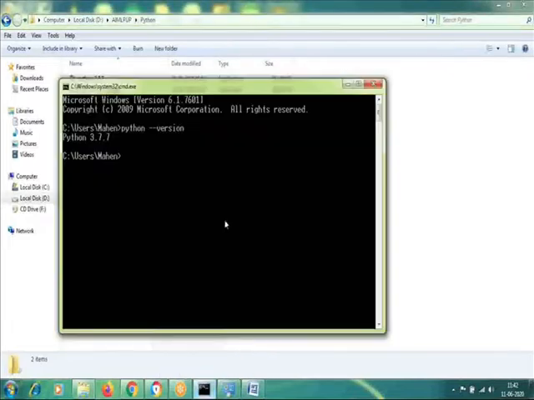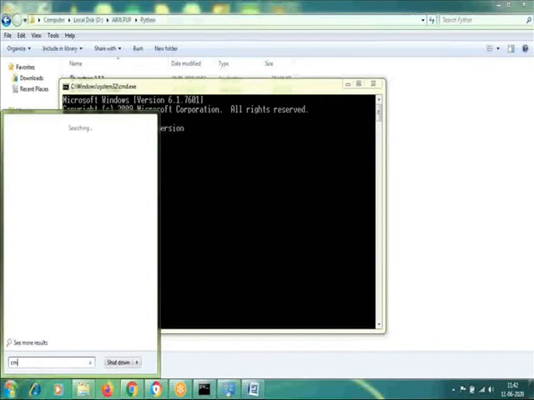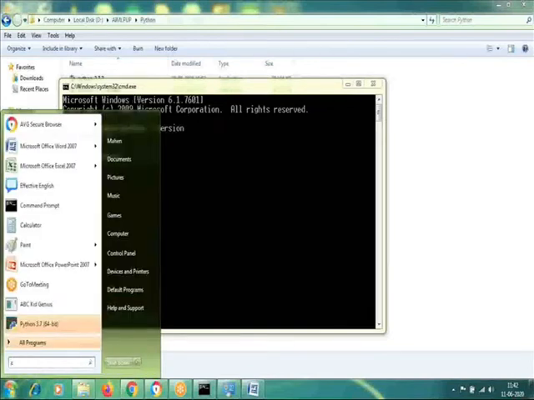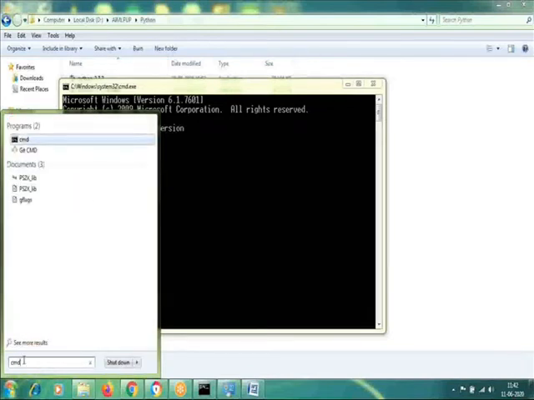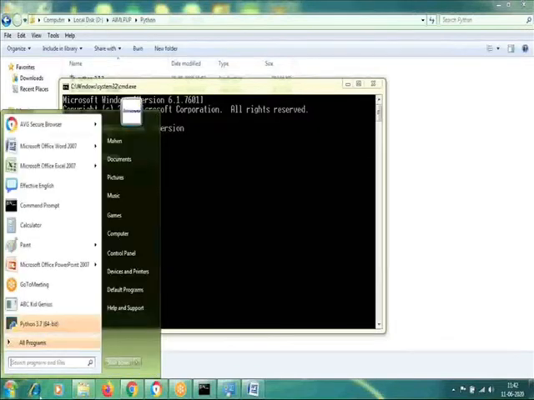Then to verify the installation, just go to the command prompt. To get there, click on Start, then type CMD. For Windows 7 it works like that. My machine is Windows 10, which is a bit different, and in Windows 10 you get a search bar here.